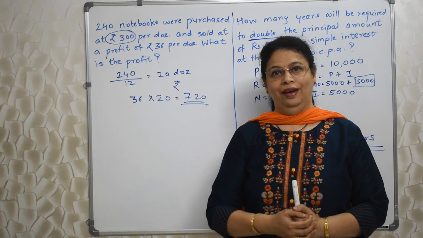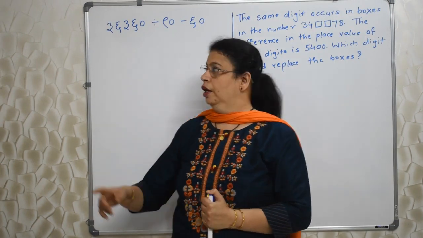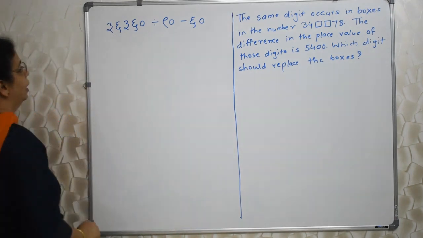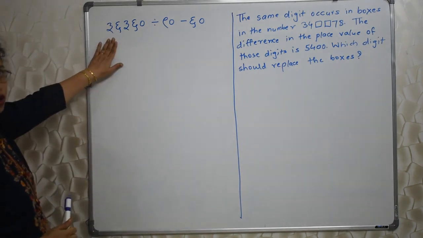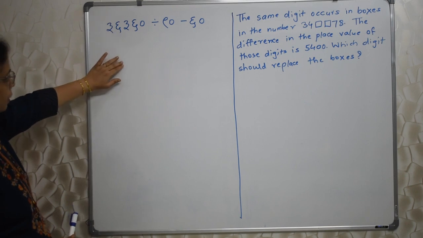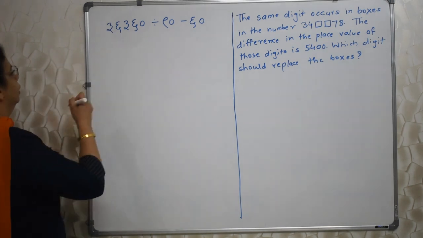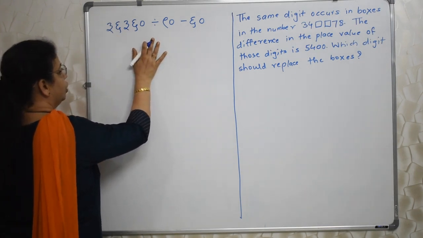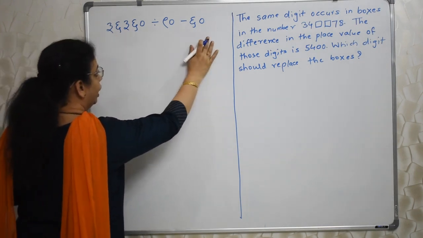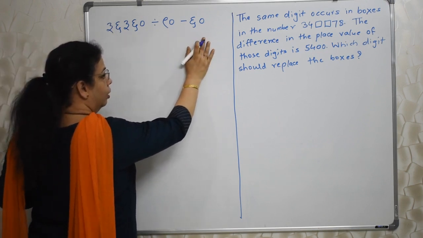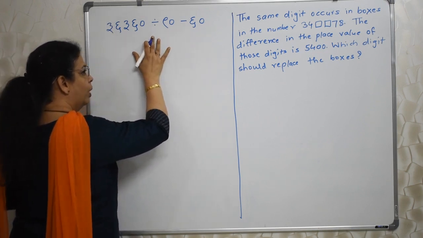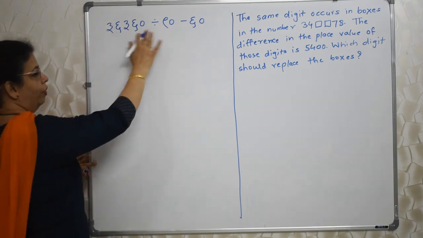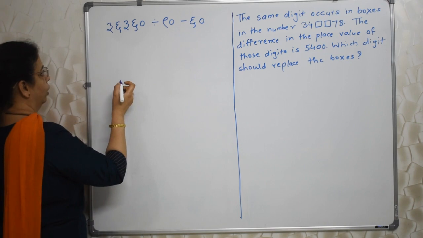Okay, let's go ahead. Okay, students, observe this sum. They have given this sum in Devanagari script. So first I would suggest you translate this in international numerals, because you are used to that. You are very comfortable with international numerals. So always avoid doing anything in Roman, anything in Devanagari. Always convert that into international and then do the sum and then again go back to whatever script they have asked the question. Okay.